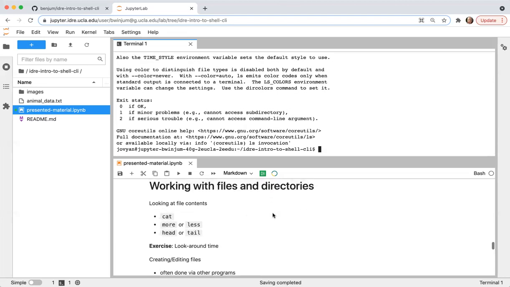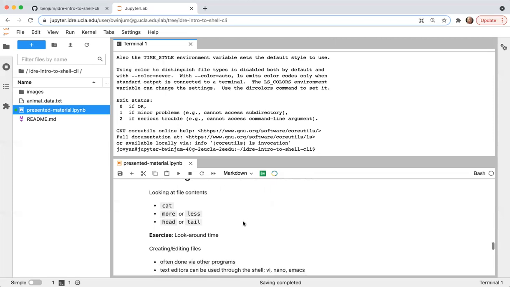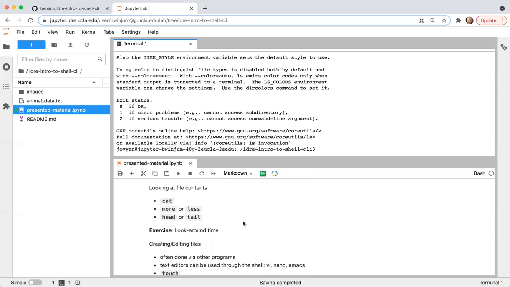Okay. So now let's talk a little bit more about working with files and directories. I think some of the most important things that you probably want to do through the shell is to say copy files, move directories, rename things. Once you get proficient at it, you can be quite fast at this, much faster than you interact with a more graphical user interface.